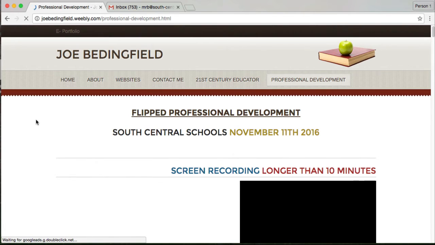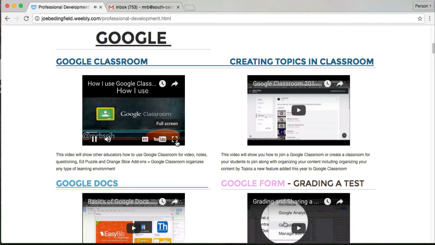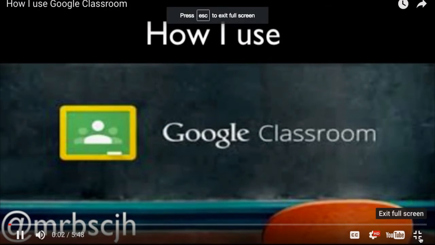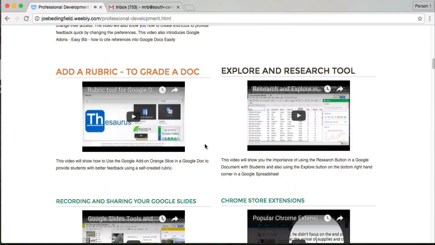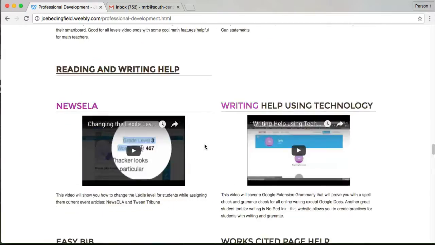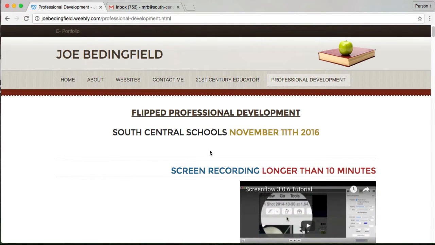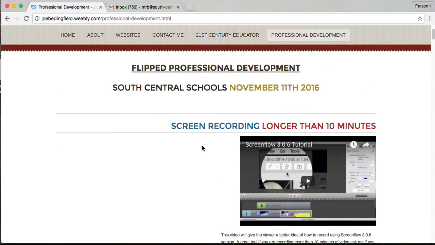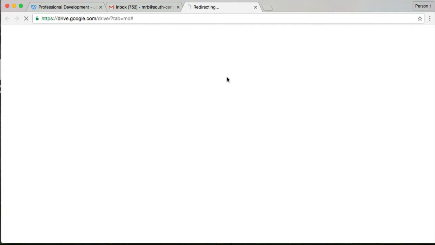to see a series of videos and popular ones like Google Classroom or creating topics in Google Classroom. When you hit play, you'll want to hit full screen to zoom them up, in case you don't know that. But once they load, you can choose a few of them, and hopefully it's something that you can find useful in your own classroom. You should also have in your drive